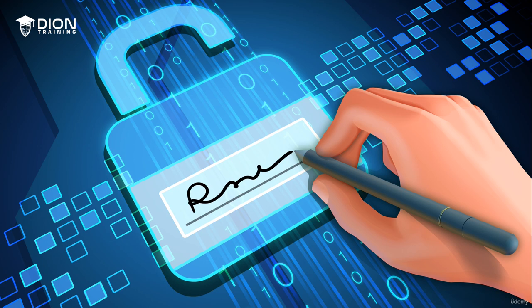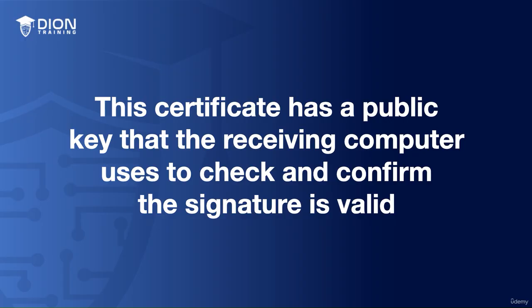The process works by having the developer make a unique code called a cryptographic hash of the file and then encrypting that hash using the developer's own private key to create a digital signature of the program's file. Whenever the program is sent out next, it will come with a copy of the developer's code signing certificate. This certificate has a public key that the receiving computer uses to check and confirm that the signature is valid. Then the operating system asks the user to decide if they trust the signature and want to run and install